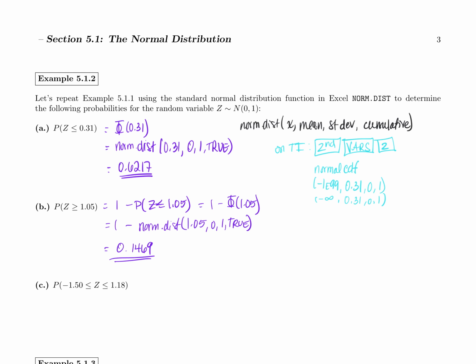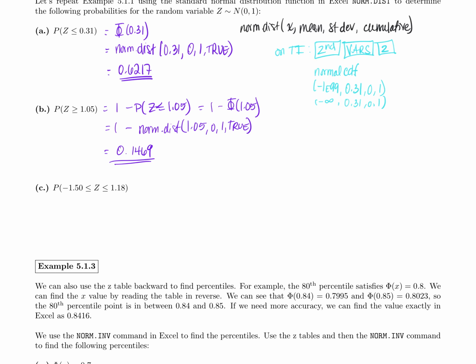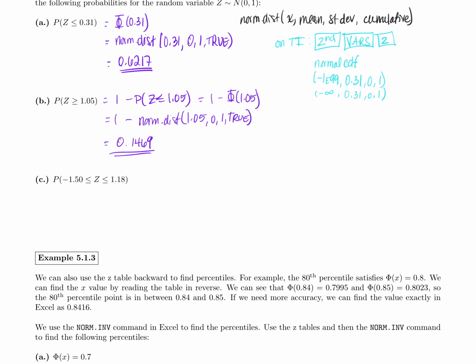And can we do something in between? Can we say where z is between -1.5 and 1.8? The answer is yeah, definitely. We can do that. So this one, we're just going to have two different norm.dists. So this one is going to be big Phi, that is, of 1.18, or CDF, minus big Phi